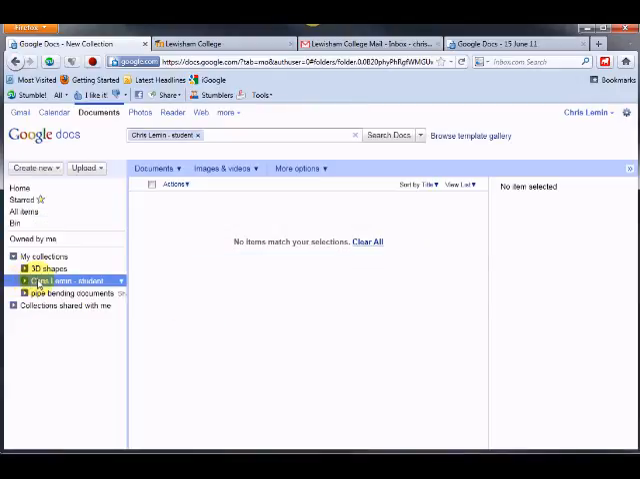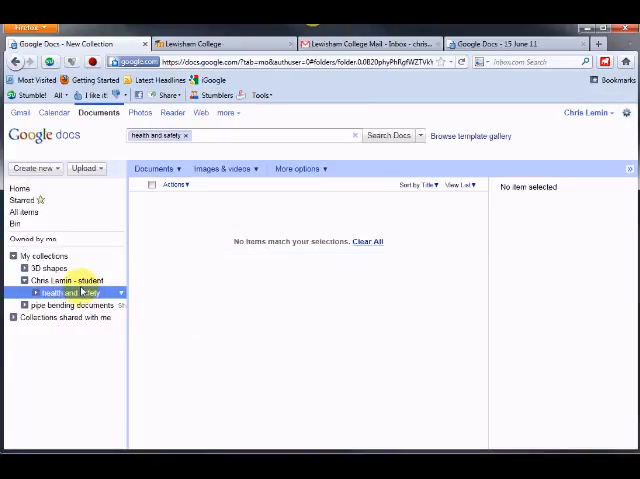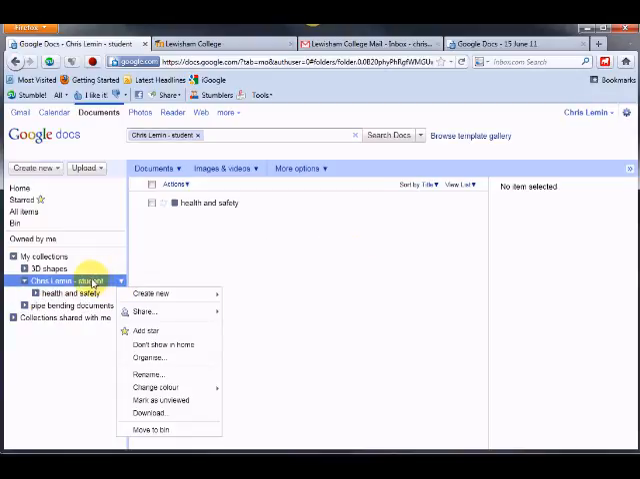Now in this collection I'm going to create several sub-collections. I'm probably going to be sensible if I create one for each unit. So let's say health and safety is one of my units. So I'm going to create a collection called health and safety. And hey presto, there I have a collection called Chris Lemon Student and one called Health and Safety. Now I need to share them with a member of staff. So in the Chris Lemon Student I'm going to open up the share options,